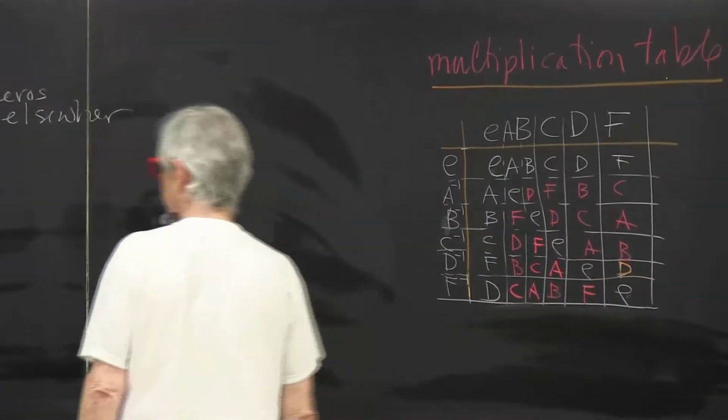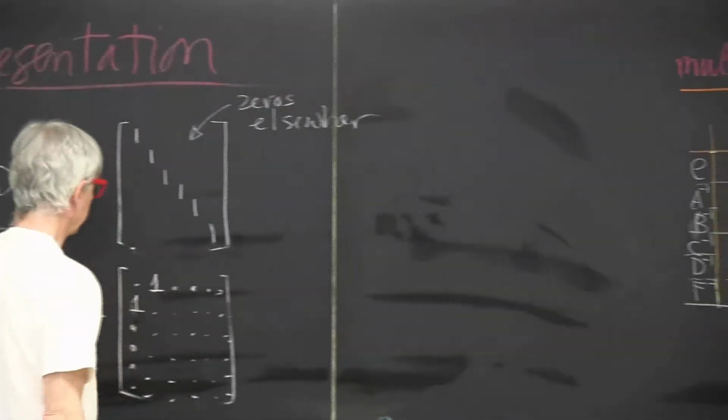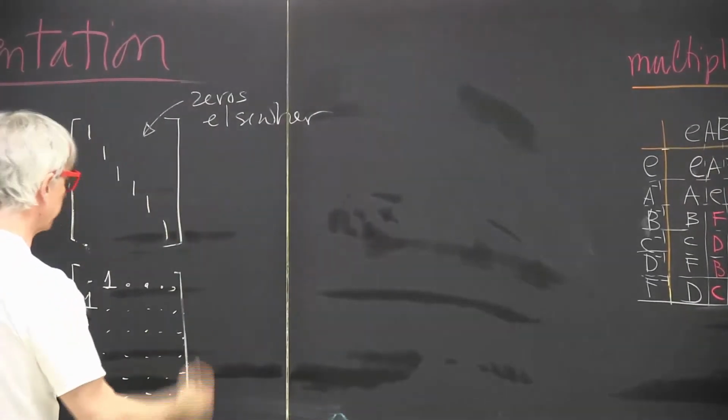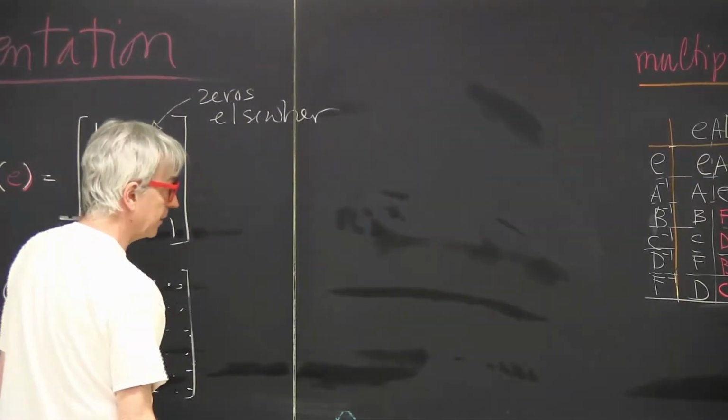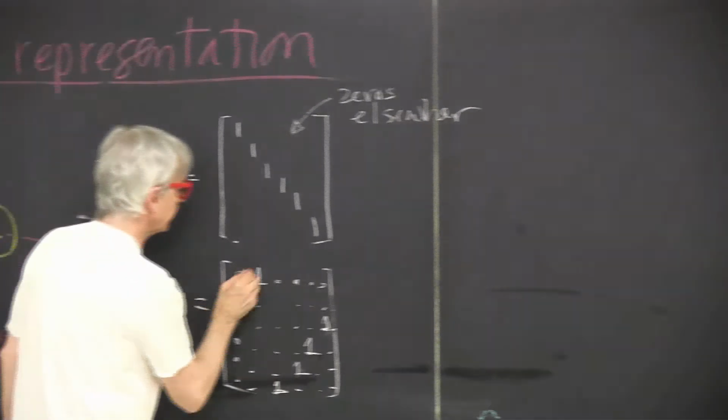And now whenever I see A in this table, I'll put 1. And because every row and column is just a rearrangement of the 6 elements, A shows up only once. So this is a matrix full of zeros